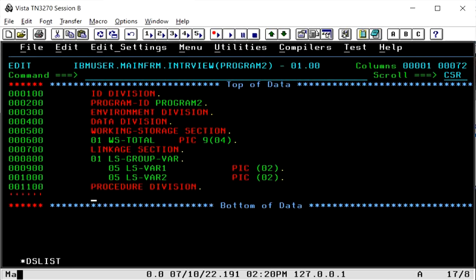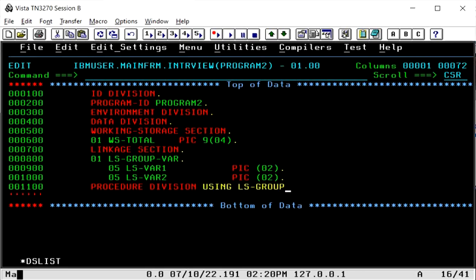So under procedure division we will have to do one thing. If we are in the called program, we need to receive those variables which are being passed from calling program 1. So here procedure division using